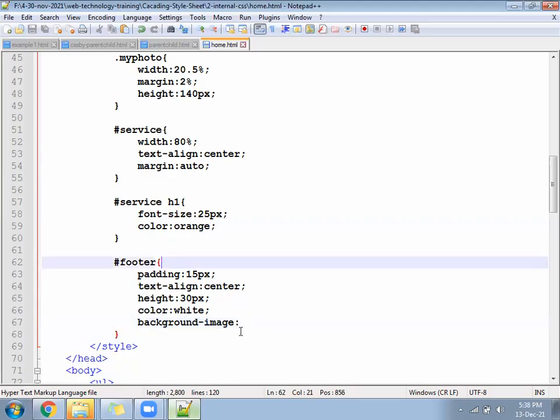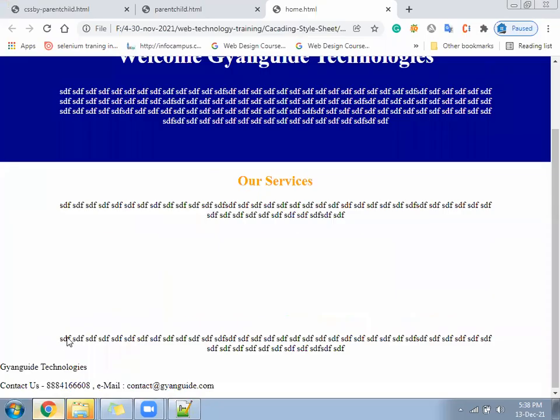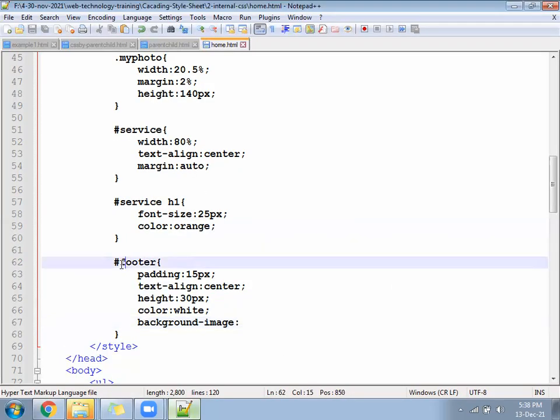Check now. In the footer, is anything coming in white color? Footer, is anything visible? Okay. Still visible. Oh, why did we apply hash? Footer is a tag name, so it should be without hash.